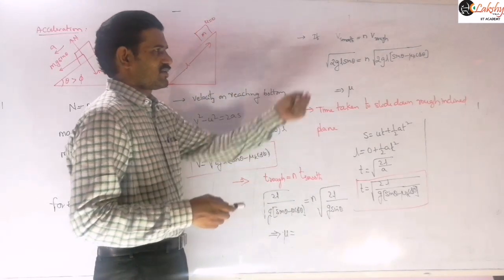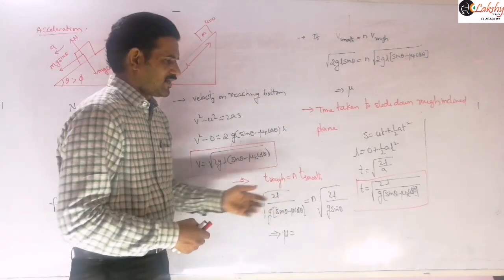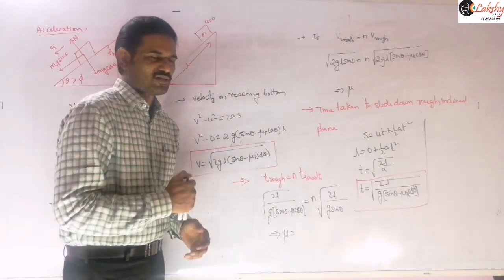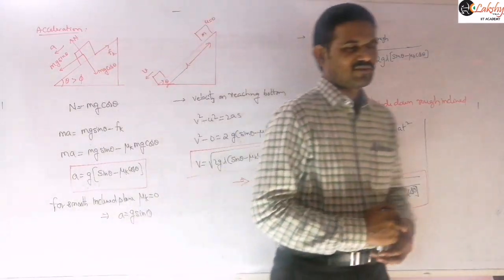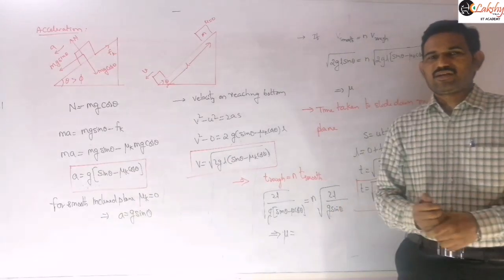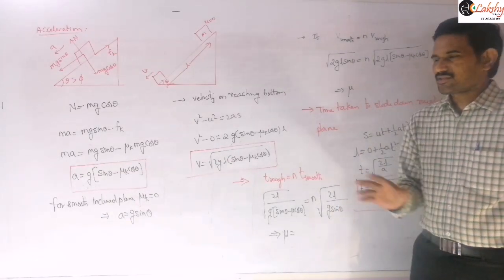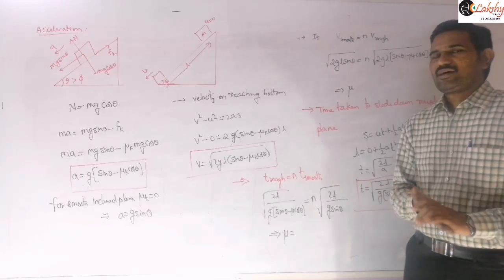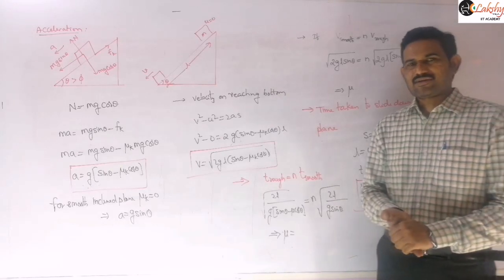In this condition and the previous condition, both are similar. One is in terms of velocity and the other is in terms of time. So these are simple expressions for time taken, velocity and acceleration. Based on this, there are a lot of other interesting points regarding the inclined plane that we need to discuss, and I will explain those in our next class. Thank you.